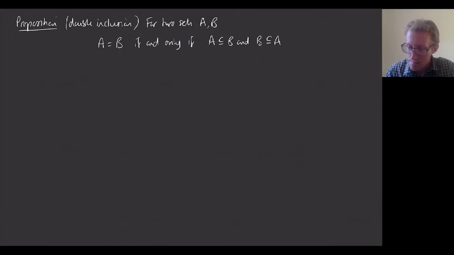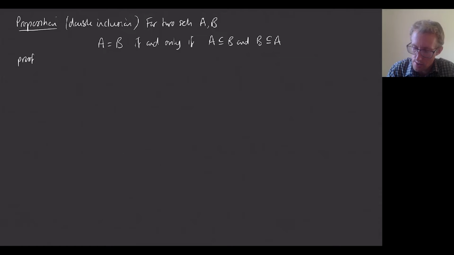This form of statement, something, if and only if something else, is something you see all the time. If and only if is a phrase that you'll keep coming across. What it means is that if this is true, then this is true, and if this is true, then this is true. And that indicates how you should go about proving a statement like this. First of all, suppose that one side is true, show the other side, and then flip it around and say, suppose that the other side is true, and show the first side. So that's the way that we're going to prove it.